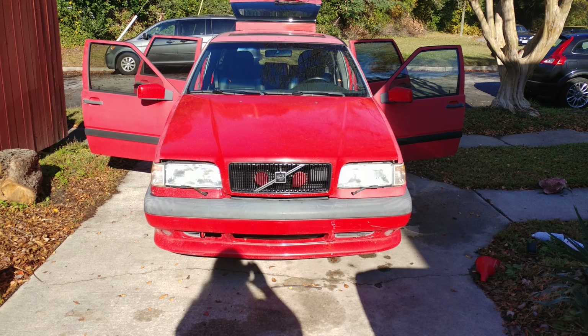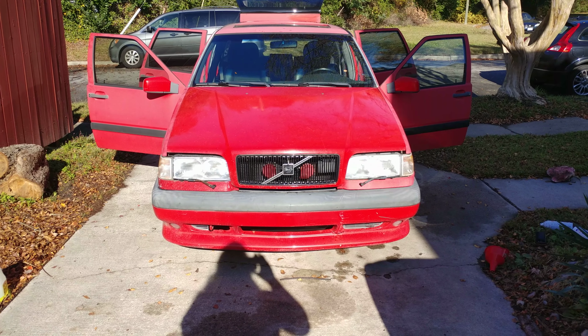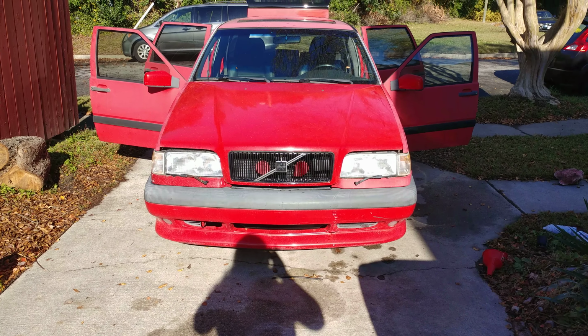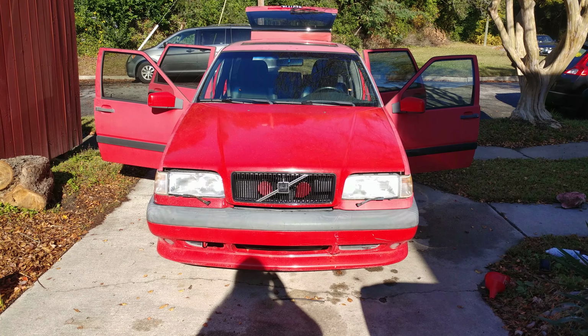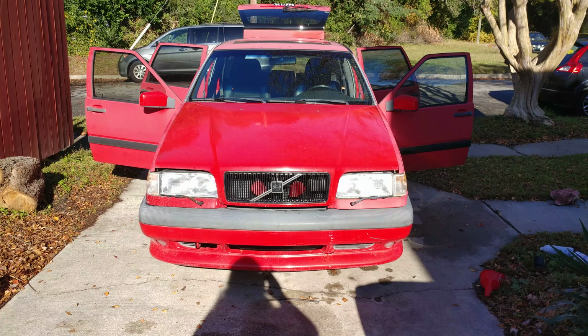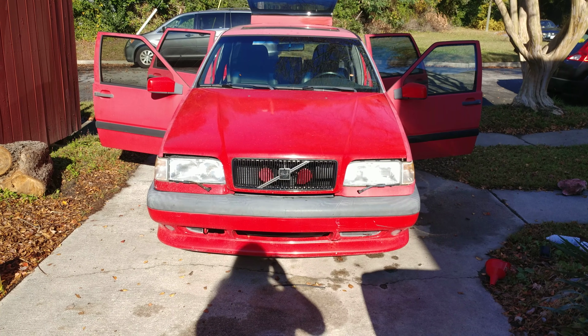It's a 1996 Volvo 850R. I found it on Craigslist, advertised for $500, detailing that it needed a head gasket. After checking out the car, I did determine that yes, it does need a head gasket, otherwise it drove perfectly fine. After a poker face, because I was pretty impressed, and some negotiation, I picked the car up for $350